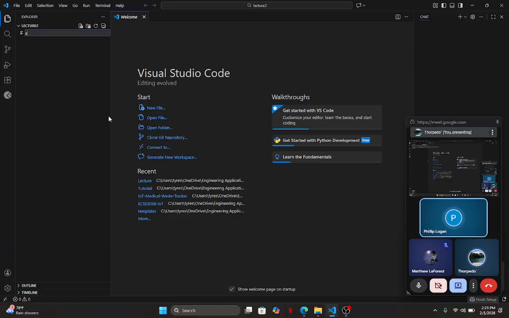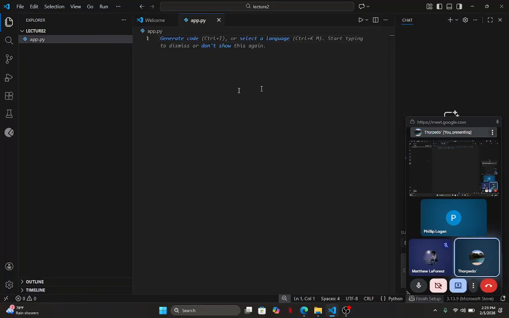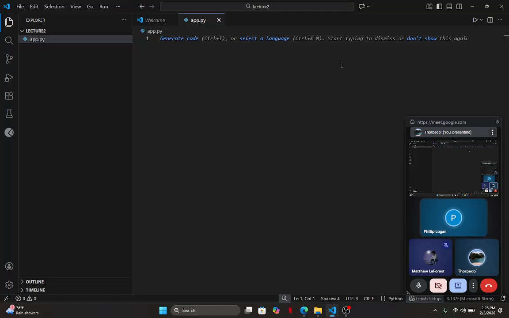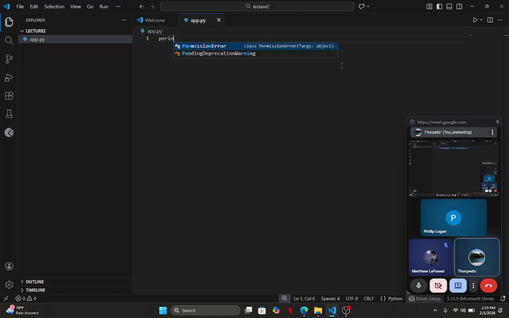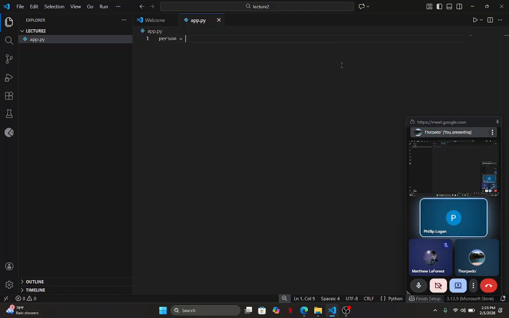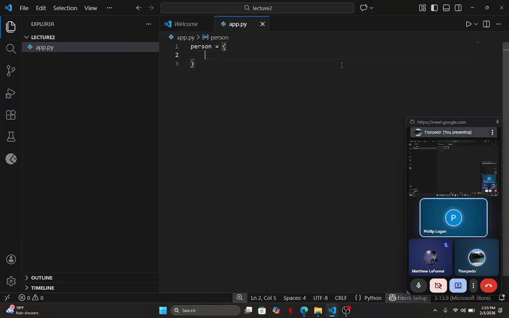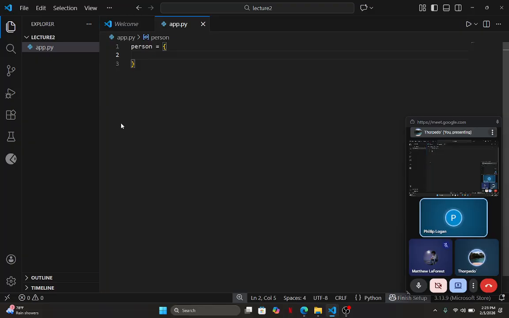Let me show you what I mean. So I can create an app.py. All right, so I have an object. Let me call it person. Person equal to, and I open and close some curly braces. Typically, if it was a single person, you'd say maybe person equal Philip in double quotes, right?